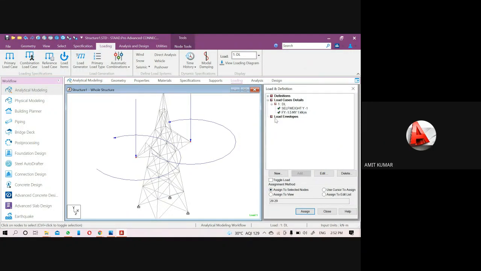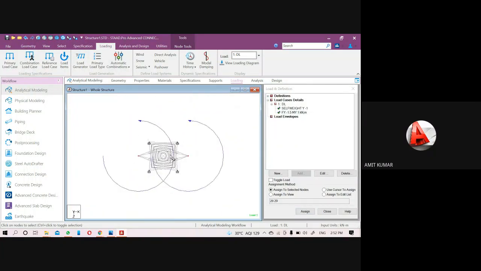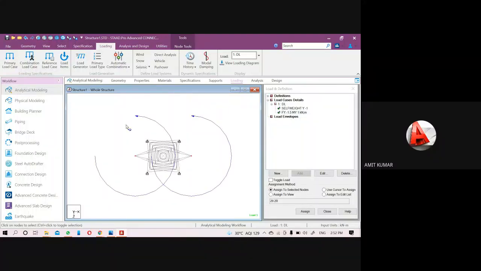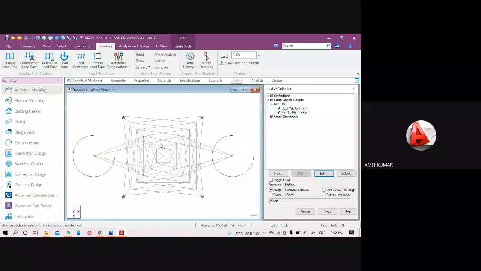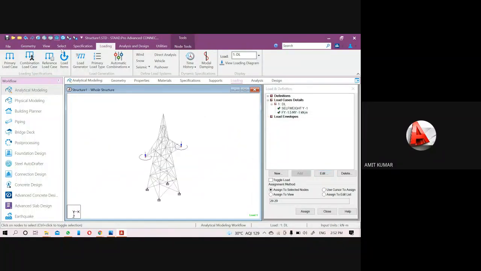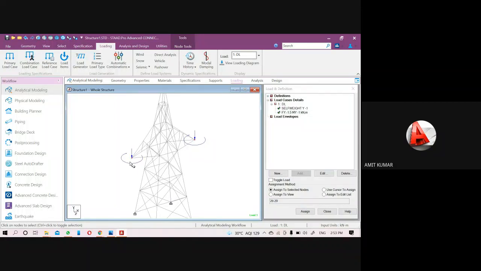You can see I just put the value positive along the My, so that's why you are seeing its direction is anti-clockwise. If I add the value -1 here, it will show you the direction will be reversed. It is now clockwise direction. So it will depend upon the connection of the wires at these particular nodes.